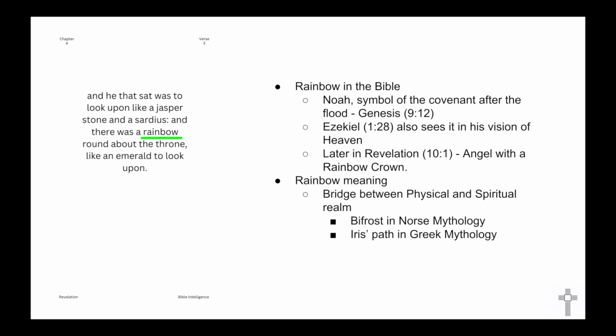We also see it in Iris's path in Greek mythology, and Iris was the messenger of the gods. Again, connecting the gods to the humans. And again, there's the bow of Vishnu in Hinduism, and a lot of instances of it. I think even in some of the Asian religions, we have the two dragons, a red and a blue dragon, coming together and forming a rainbow. And it's this whole idea of transition, wholeness, and union. It's also a symbol of peace, hope, and mercy. So it's a very beautiful image that we come across.